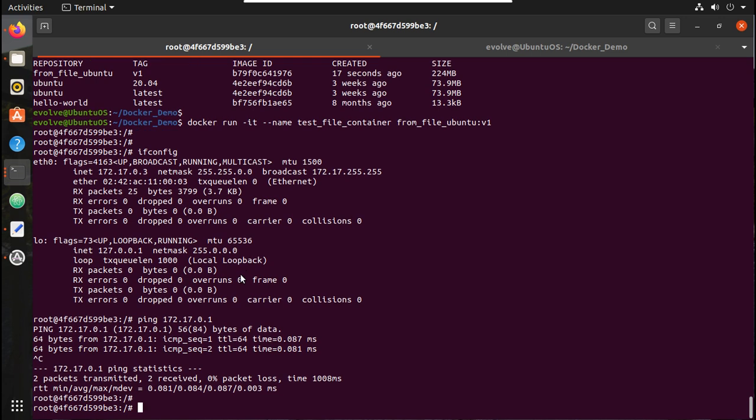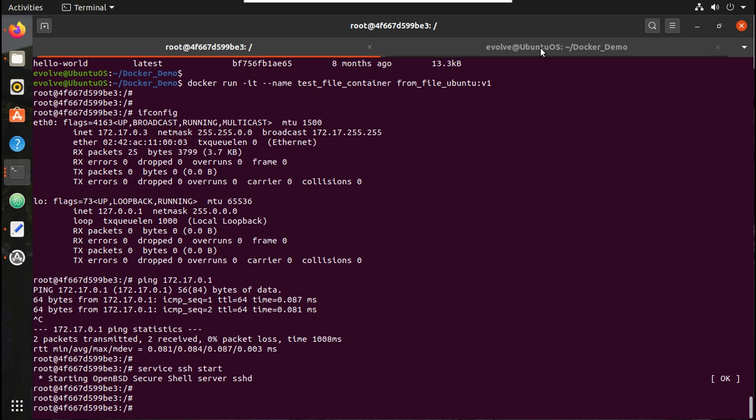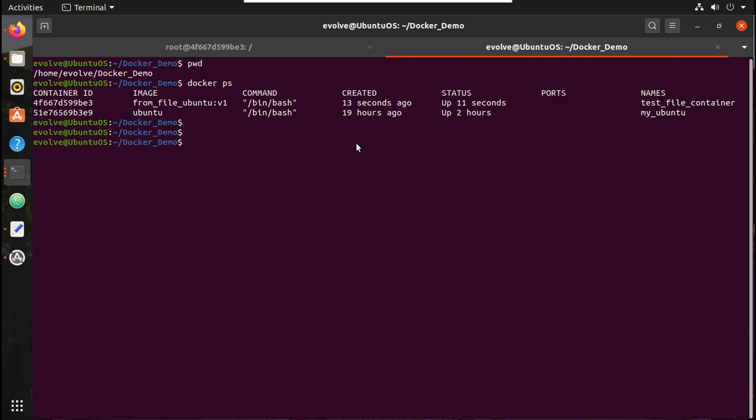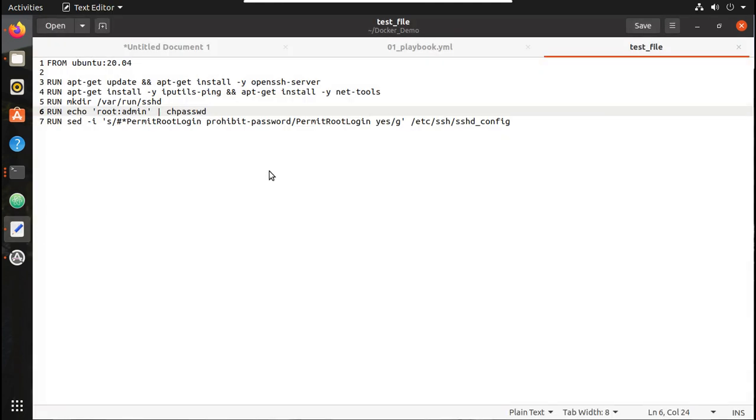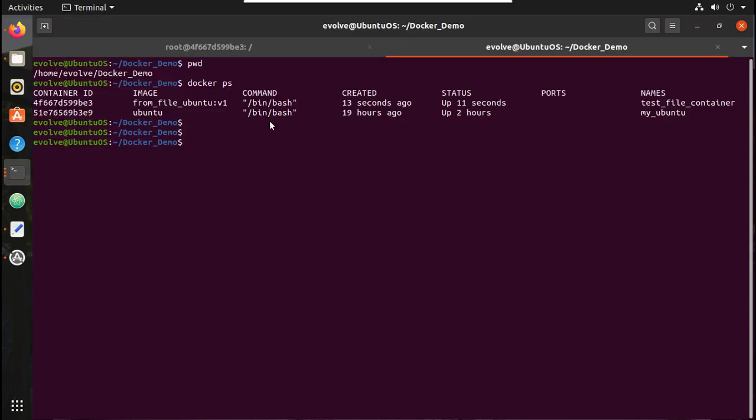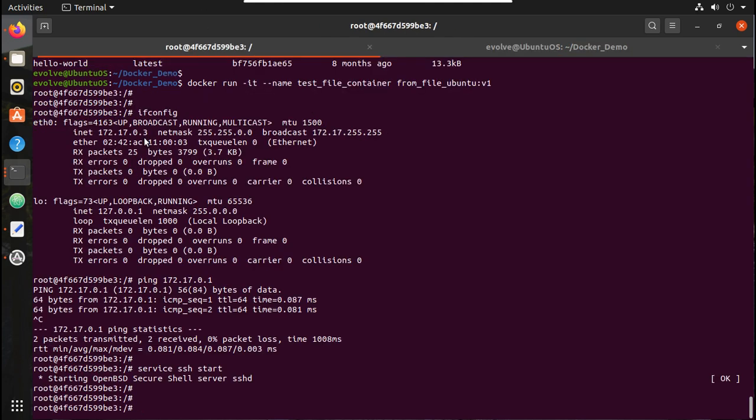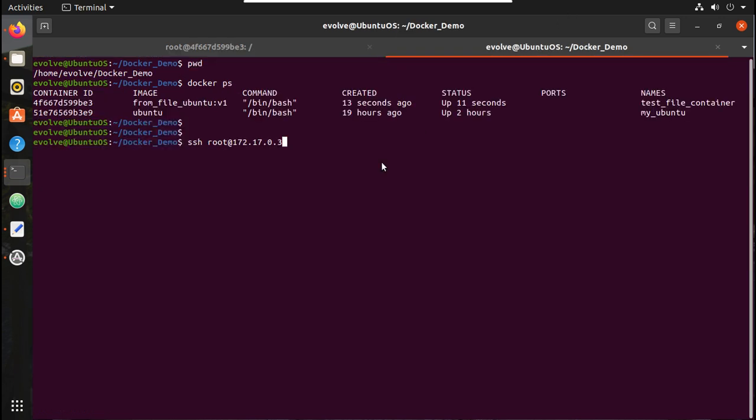Let's start SSH service here. Service ssh start. Now from my host machine, let me try accessing this machine, because you can see here in my docker file I enabled SSH access as well. I installed the required package for SSH access. ssh root at 172.17.0.3, the IP address of this container, the new container which we created.